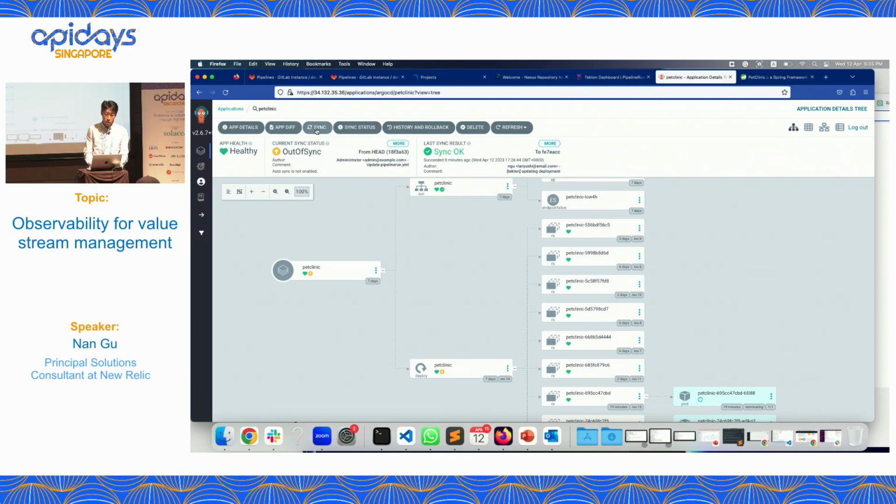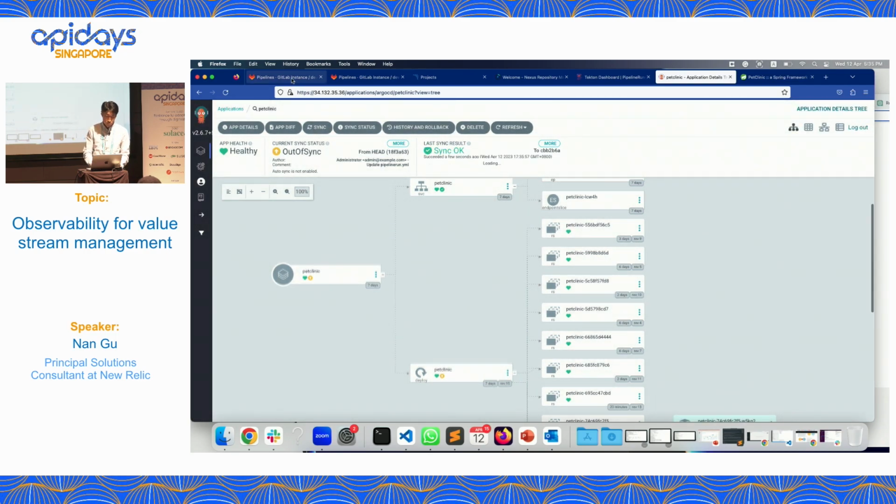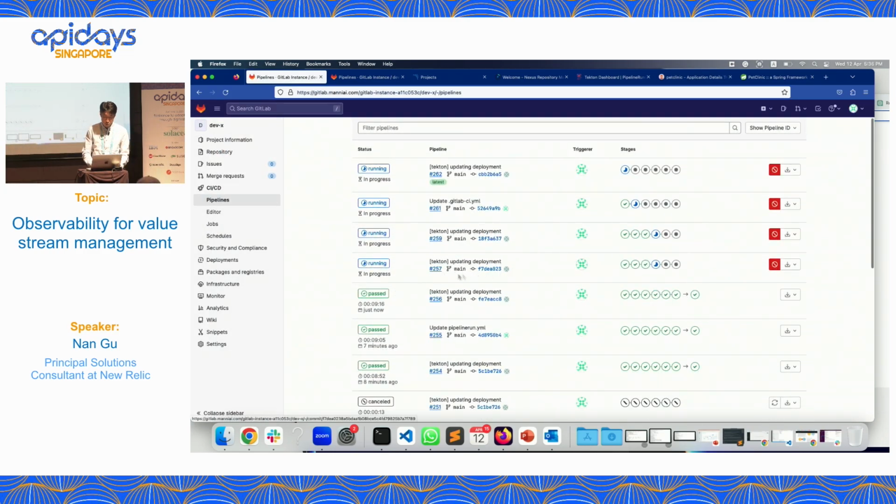You can make a decision, because most organizations where your application runs in a production environment would really care a lot. That's why I will do the health check before I click sync. So those are still running, and I will get the result for you, where 9 minutes will reduce to like 5 to 6 minutes.